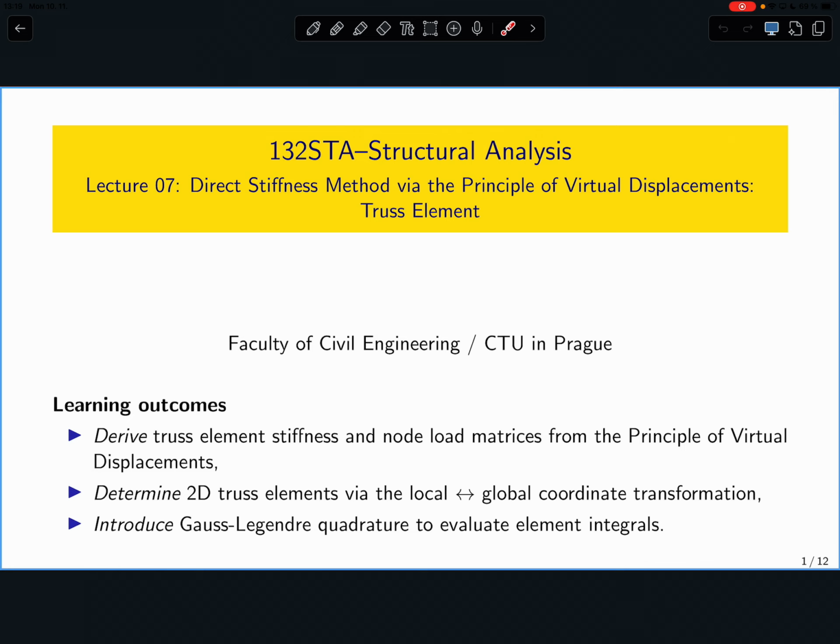So I would like to remind you that when I started this course, I was trying to explain how to construct those influence lines using the principle of virtual displacements for statically indeterminate structures. For statically indeterminate structures, the argument must be appropriately changed. So this is one ingredient, and we spent the last few weeks trying to write the developments from structural mechanics 3